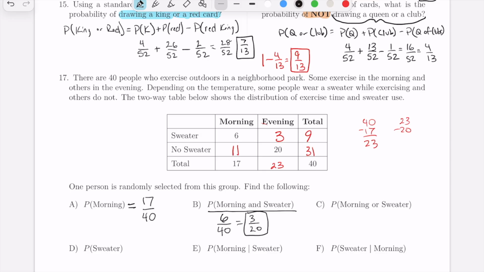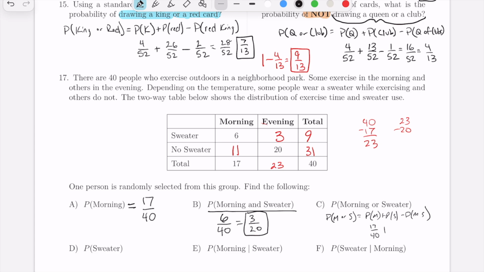Next, we have morning or sweater. So we could do this a few ways. We can use our formula. The probability of the morning or sweater is the probability of the morning plus the probability of the sweater minus the morning sweaters. Okay. We can do that. And in fact, we can even do this with just the numbers of them as well. But let's go ahead and take a look at this. The probability that someone exercised in the morning was